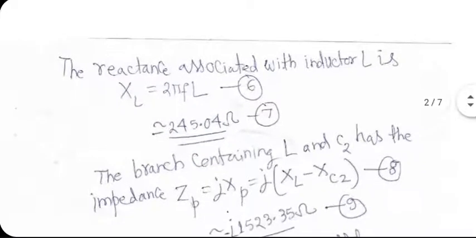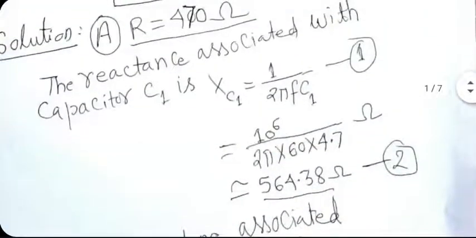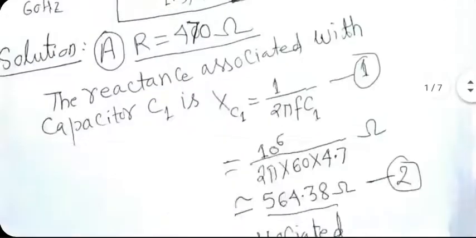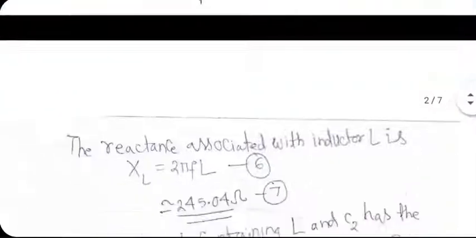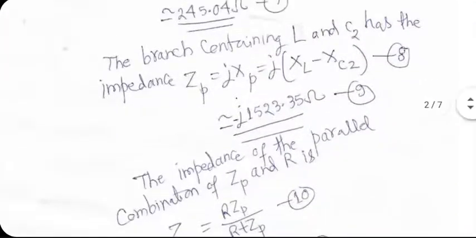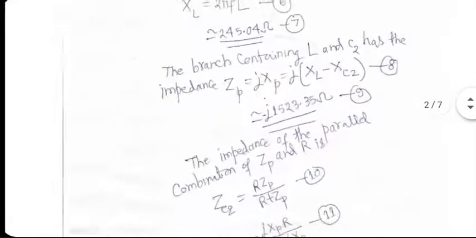Okay, then it is elementary circuit theory. What I have done is what I am showing you. You may do it differently, quite possible. What I did was I took the parallel combination of L and C2 and R. I'm initially assuming R to be 470 ohm. So the parallel combination of 470 ohm and the combination of L and C2 at 60 hertz gives me an impedance which you can verify yourself once you see the document.